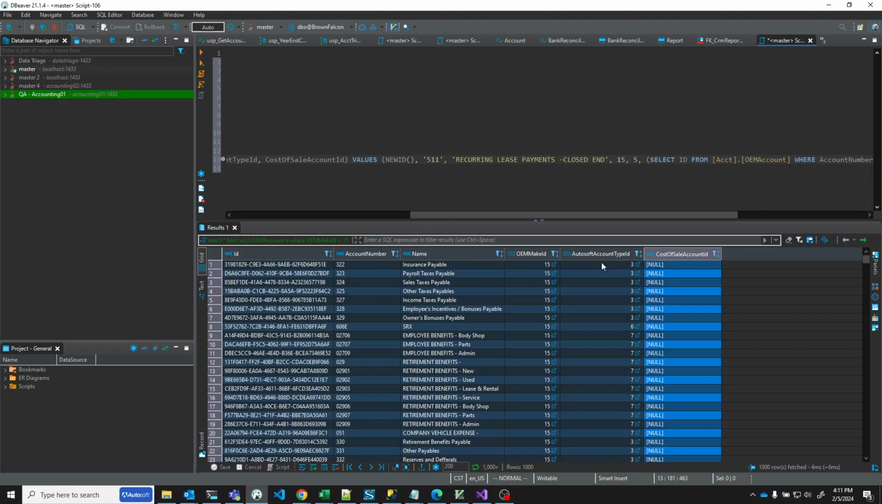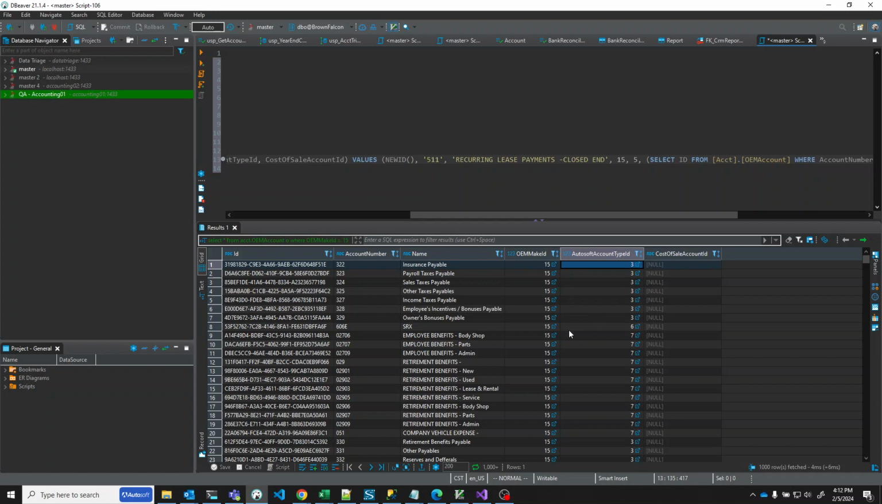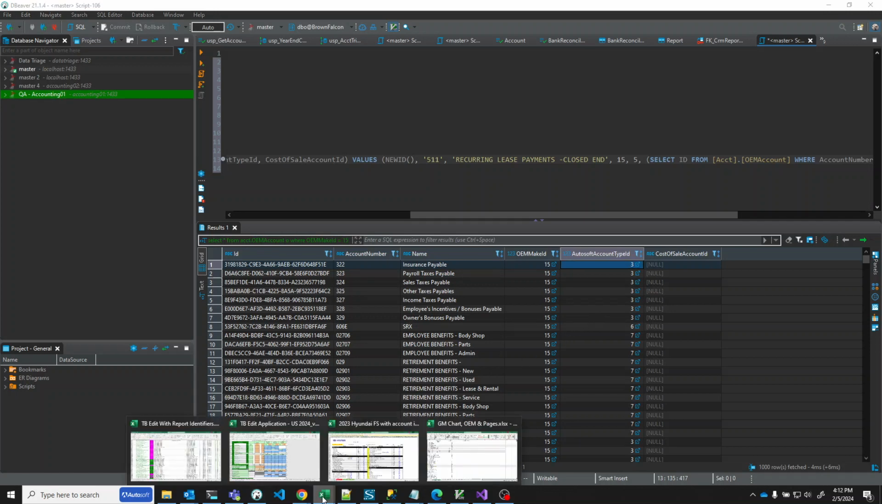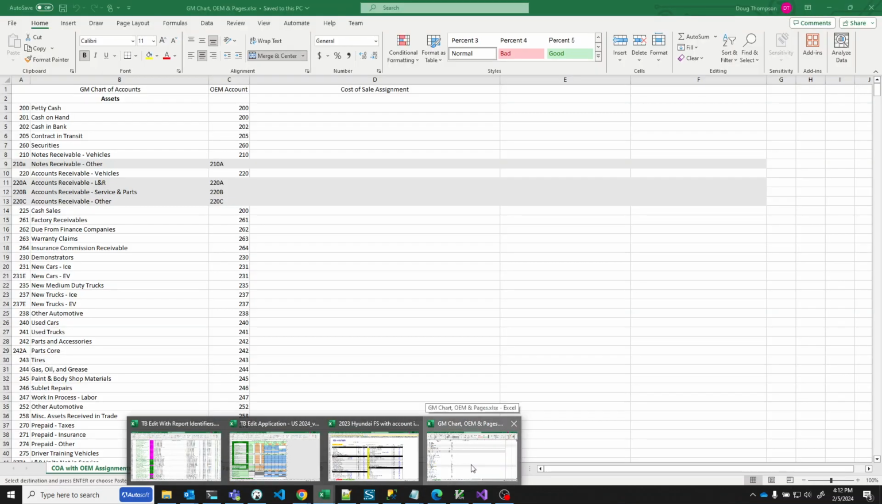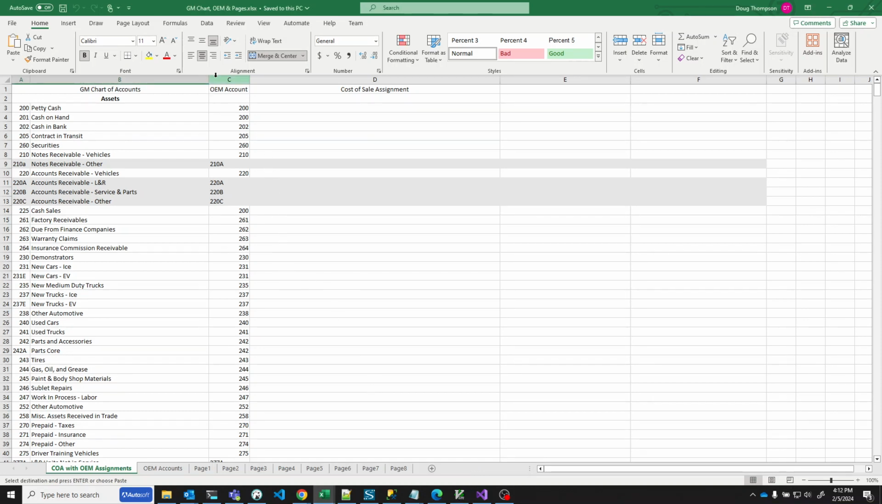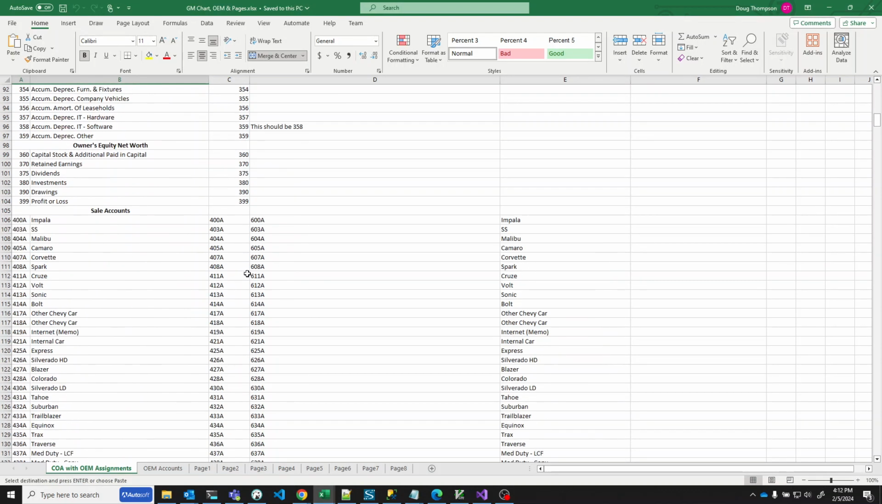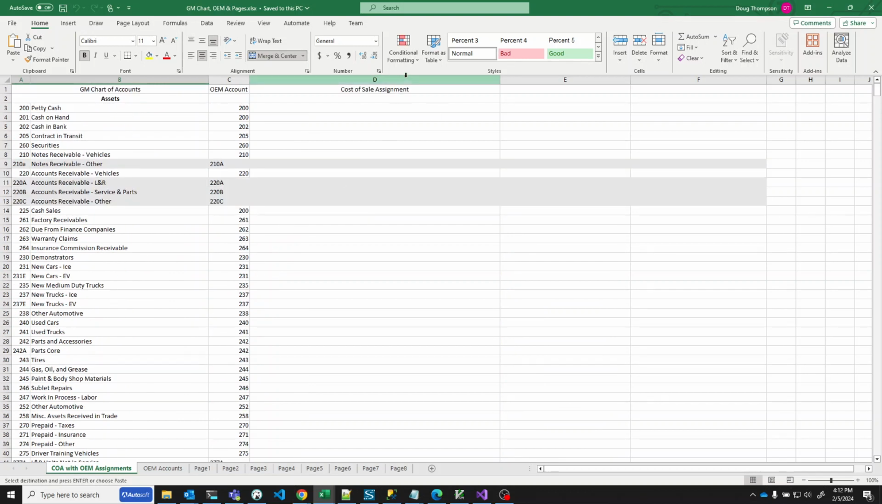As you do these financial statements, you start to see patterns. Most sell accounts will be in the 400 account number range for the GM financial statement, and most cost to sell accounts will be in the 600s. In this case, we have a 500 account, so it probably does not have a cost of sell account associated with it. There is another spreadsheet that product has made for us, which lists the OEM accounts as well as their cost of sell account if they have one. So we can also look through